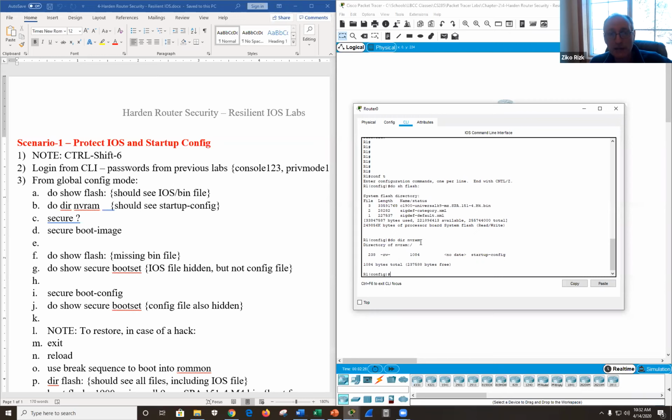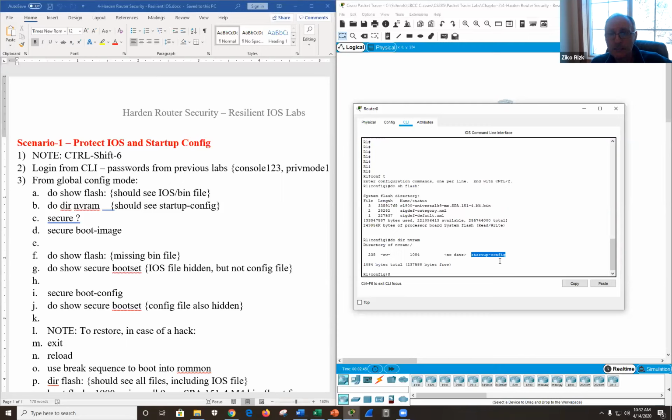But when you leave things to, with all the respect to engineers, they come up with weird names like NVRAM. And you can see the startup configuration file. So these are two super important files, the IOS operating system file and the startup configuration file.